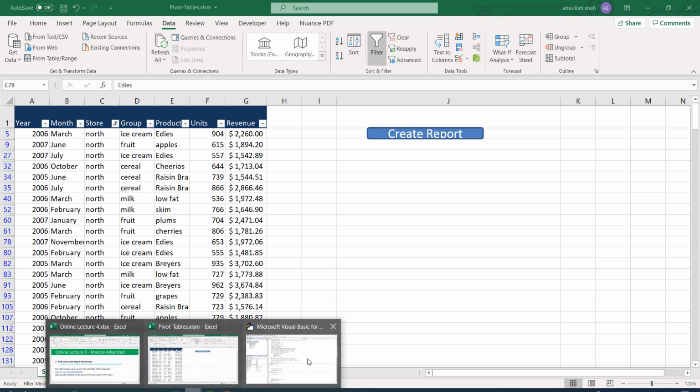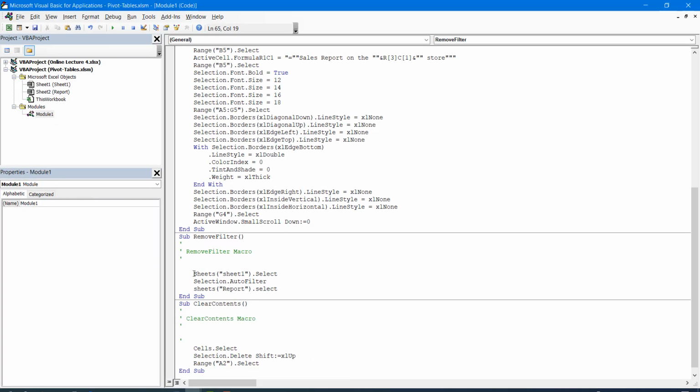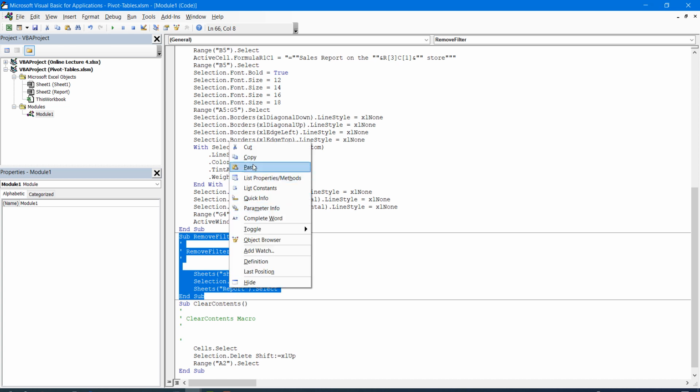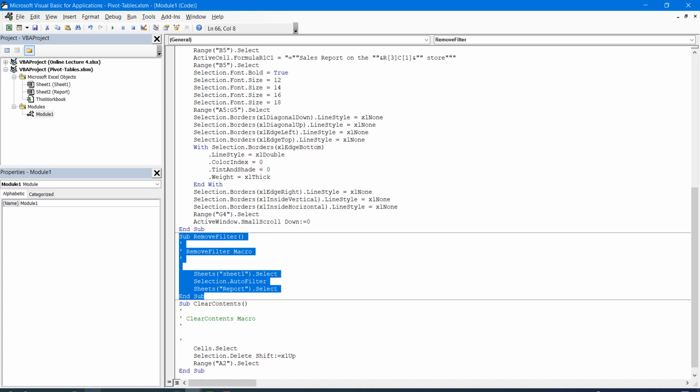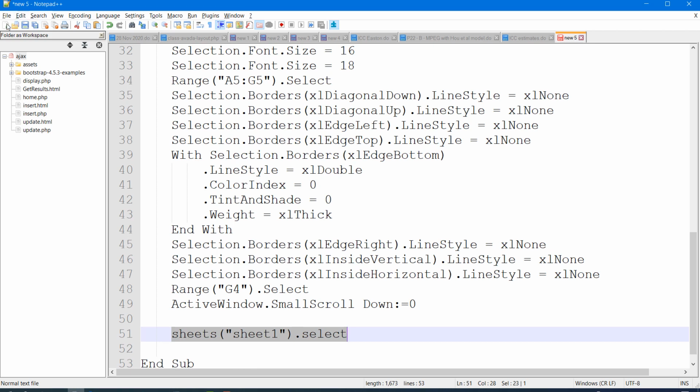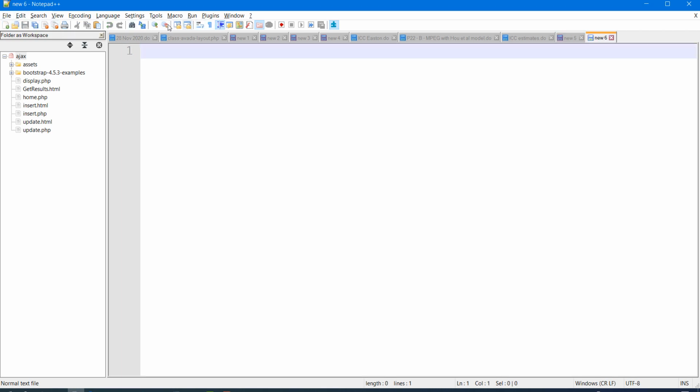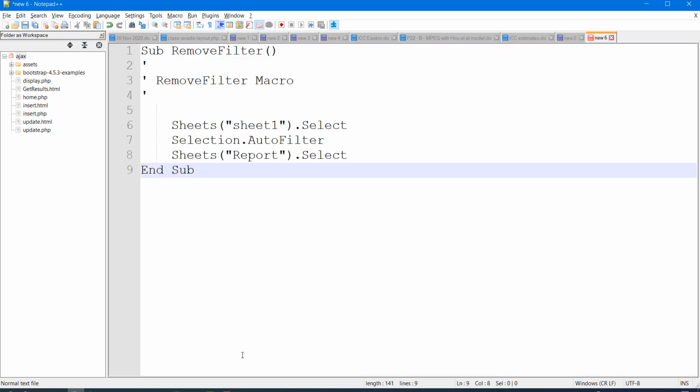So the remove filter macro has 3 lines of code. If you can't see this properly, let me copy it into another editor. Here, let's paste it. So these are the 3 lines of code.